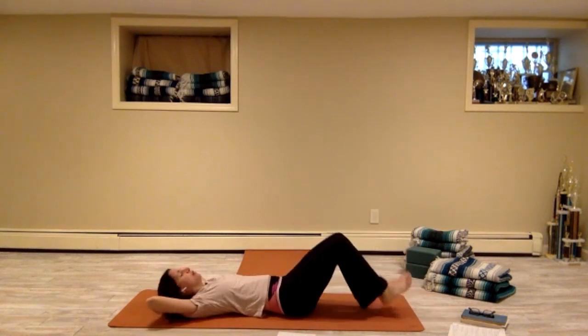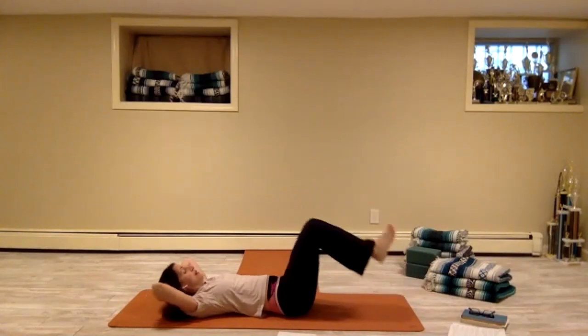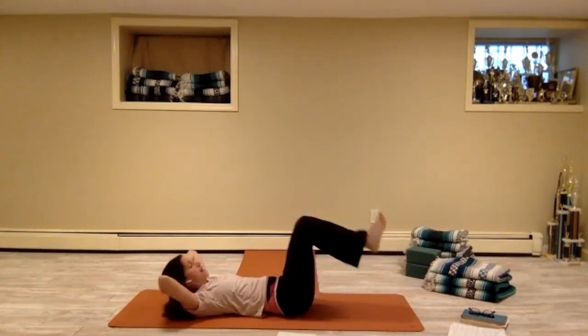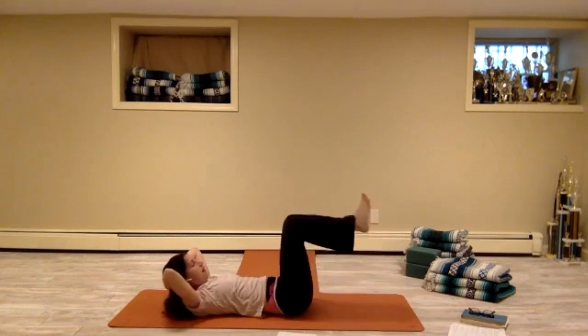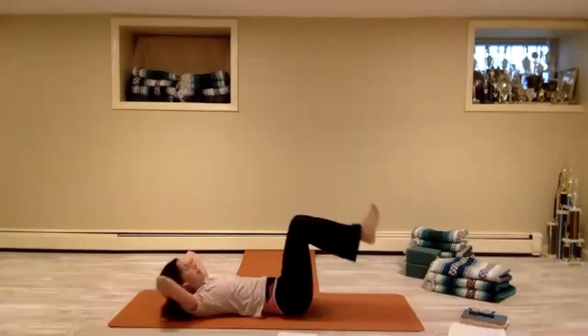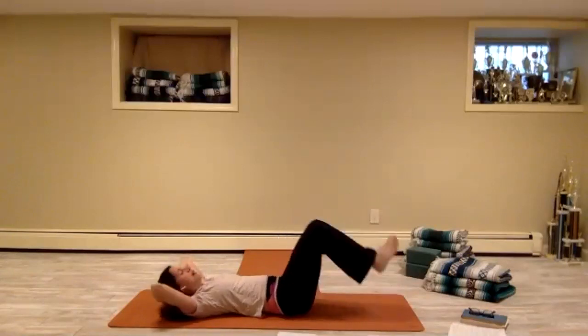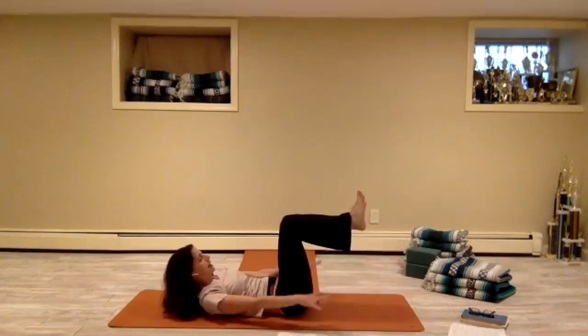2 sets, 2, up, 3, up, 4, up, 5, up, 6, up, 7, up, 8, again, 8, up, 7, up, 6, up, 5, up, 4, up, 3, up, 2, up, 1, stay up, reach your hands outside of your hips,